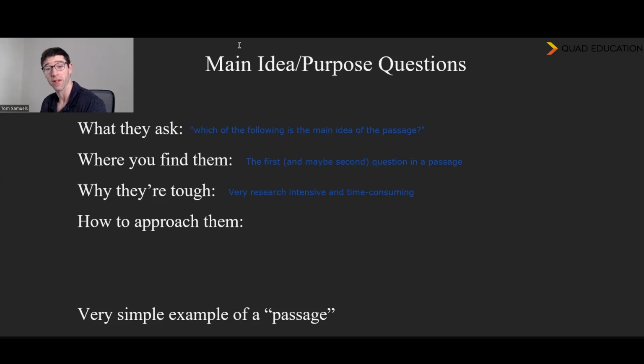And there are two main reasons for this. The first is that these are just some of the hardest questions in the reading section, out of all of them. And it's generally always good practice to save things that are difficult for the end of the test you're doing. And the second is actually more strategic.